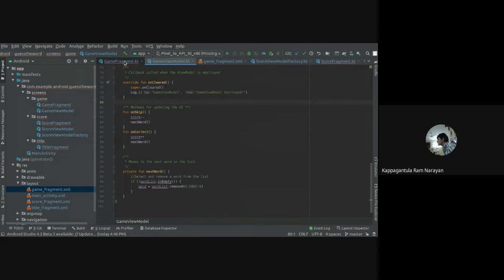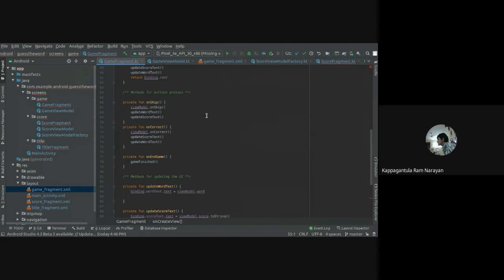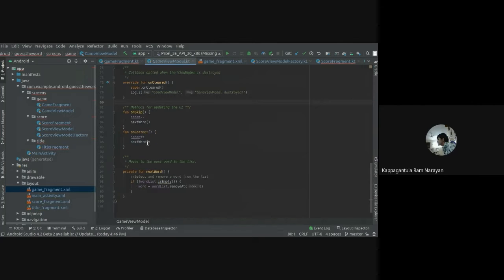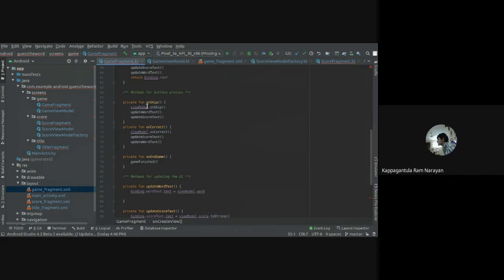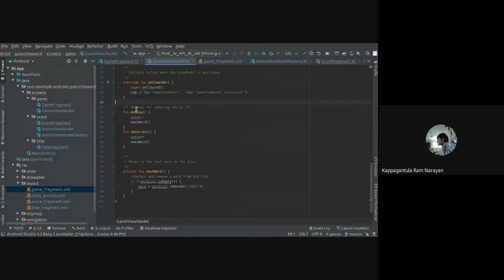General Android development practice, without any of these view models, without following any architectural patterns, what you'll do is you'll take these two lines of code and you'll put it over here. But if you have to follow the specified guidelines, you will have to create a view model object, throw your code in that. All your decision making code must be present in that, and your UI code must simply call the view model object, so that when you call this method, control gets transferred to this class, this function, and the code present inside that function gets executed.